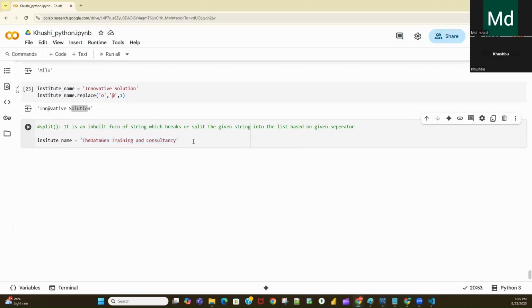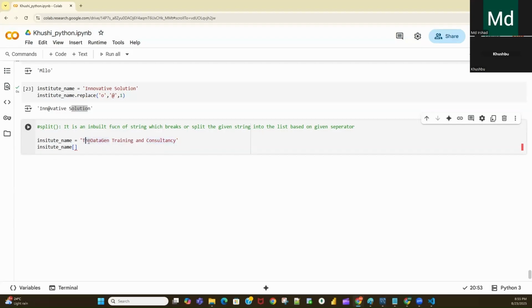Now if someone says that I want to fetch only this consultancy from this string, we can use the slicing operator. I can write institute name, and here I can use the slicing operator to fetch the data from here to here. But for this I need to manually count the indexes.